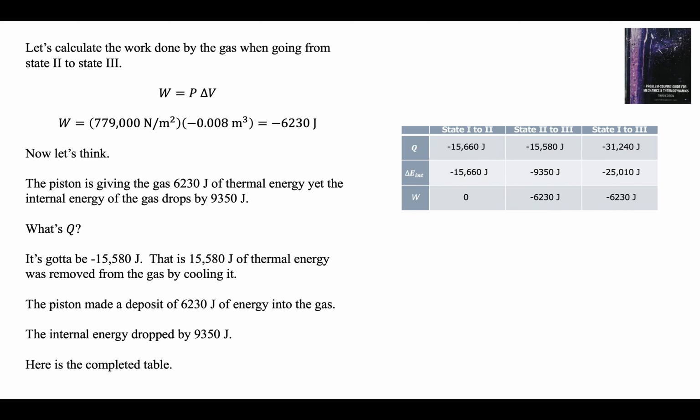So here's the table. State 1 to state 2, there's no work done. The volume doesn't change. State 2 to state 3, the internal energy only drops by 9,350. The work done by the gas is negative. The piston made a deposit of 6,230 joules into the system, so Q has to be minus 15,580. And these are easy to calculate. You just add up those two. And you can check that delta E is Q minus W for every single one of these transitions if you like